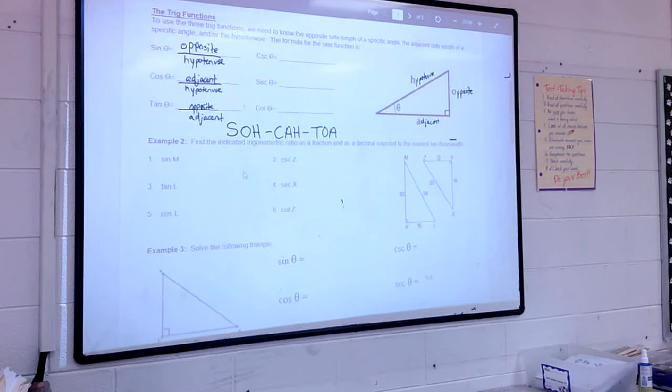So sine is opposite over hypotenuse. That's SOH. Cosine is adjacent over hypotenuse. TOA, tangent, is opposite over adjacent. All right. Now,